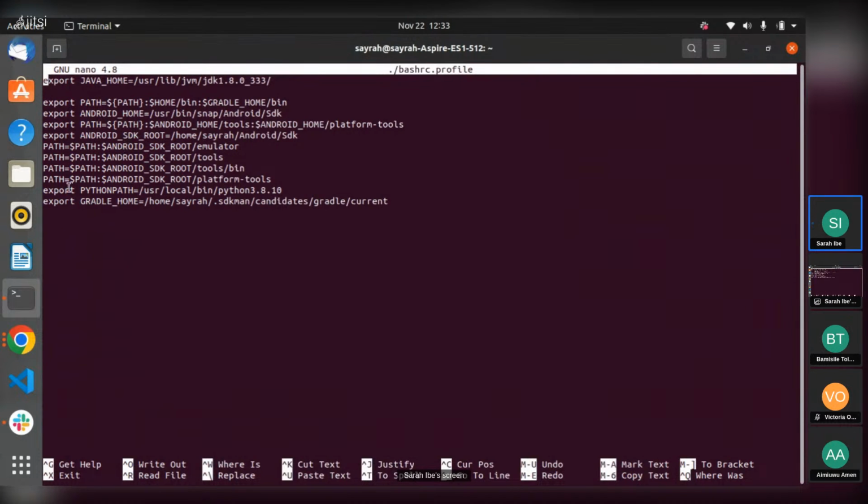And then, okay, this Python, this is not for this class, this is something else. But I had to still include the path so that my system can recognize where it is, but it's not for this class. Then I have, okay, I think it's Cordova that doesn't have that specification. But the Android Studio, the Java, and the Gradle, I have to include their path here, such that if I'm building applications, my system can easily recognize where they are and then get them.